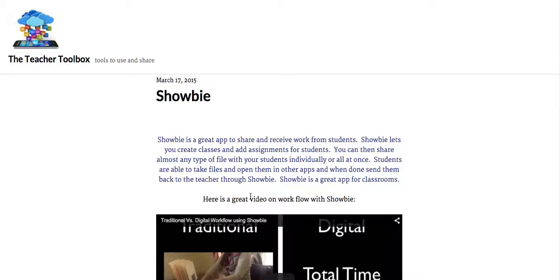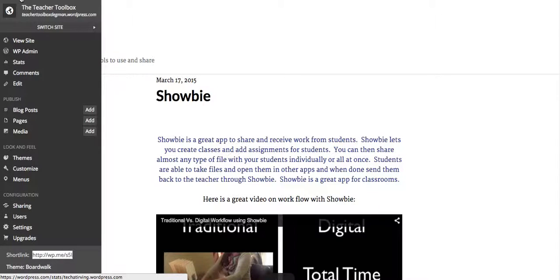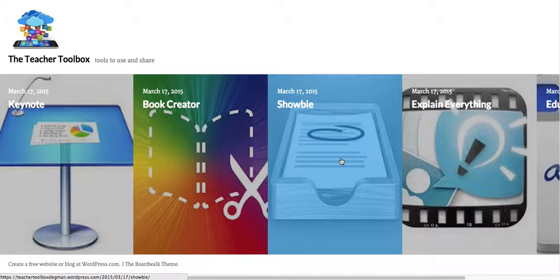It gives you a lot of other possibilities on top of that. As you watch the videos and learn more about the app, you'll find out. But I think Shobi is a great app to use in a classroom. It kind of brings all the other apps together. So if we go back then to our Teacher Toolbox,